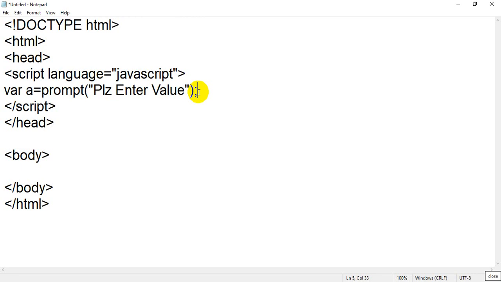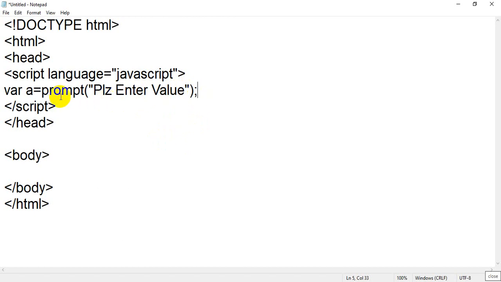JavaScript says yes, if you want to add you can, otherwise it's optional. Don't worry, sometimes even when I record a lecture I add semicolons and sometimes I don't, so please don't be confused, it's an optional part. If you want to add it, it looks good, so you can add it for practice.